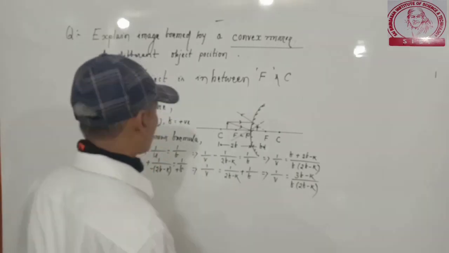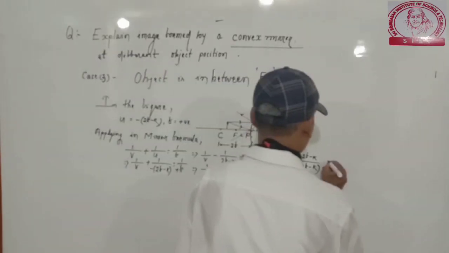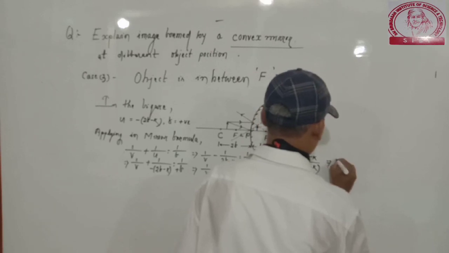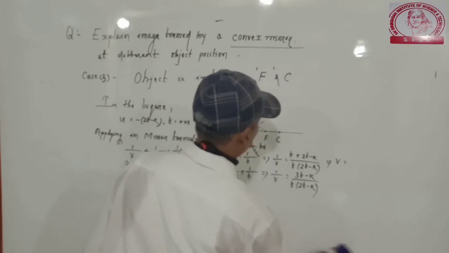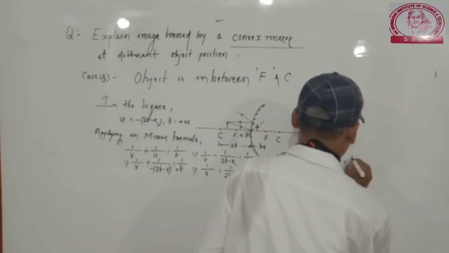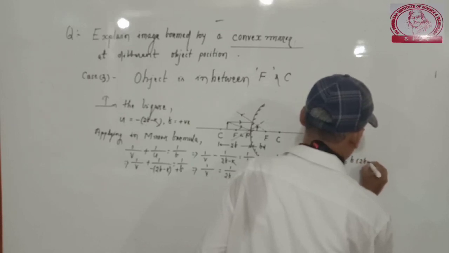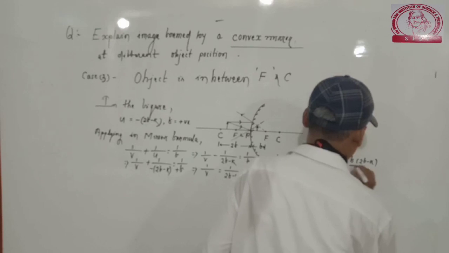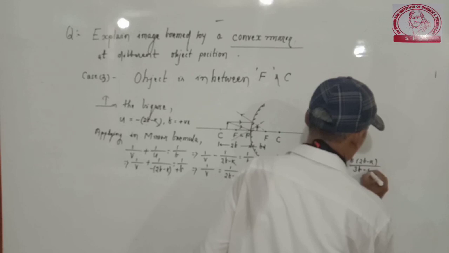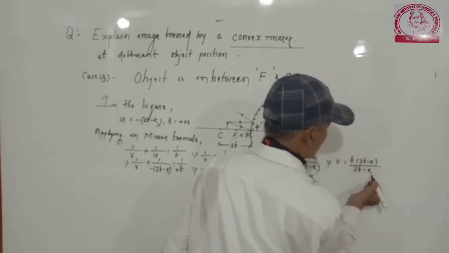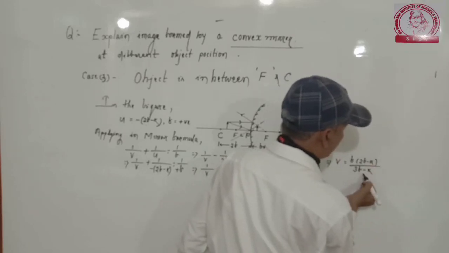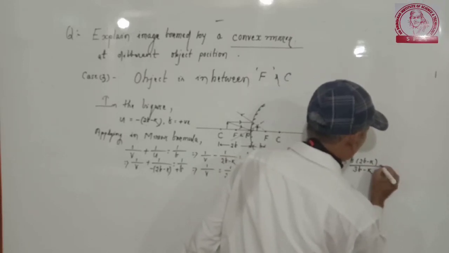Okay, now this implies v is equal to f into 2f minus k divided by 3f minus k. Here it is 2 times f minus k, here it is 3 times f minus k. So no doubt the numerator is greater than the denominator. So now I am writing this is equal